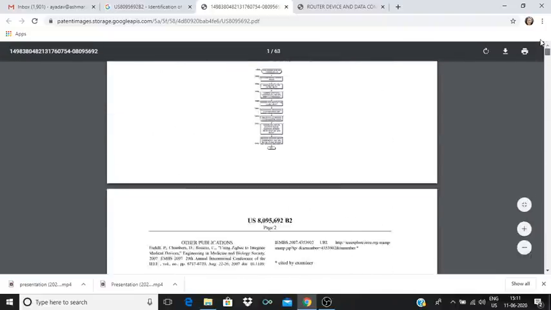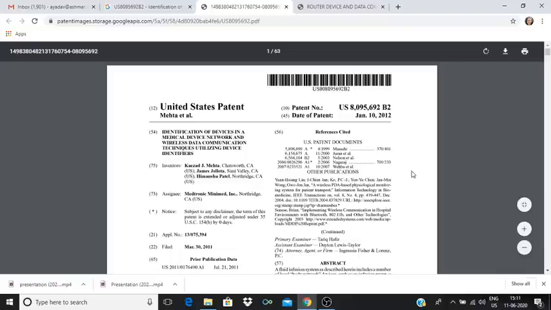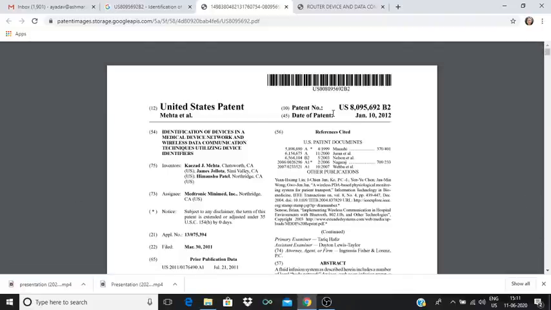Now coming back to this particular patent document, we have seen at the publication all the details which are relevant to the patent are mentioned in the patent document. So now whenever you see a patent document, you should know how to read it. What are the different parts? I'll just explain them once again. It has a title, background, brief summary, explanation of the drawings, detailed description, claims, which can be independent or dependent, and an abstract.